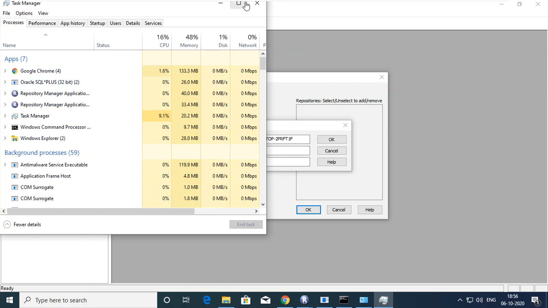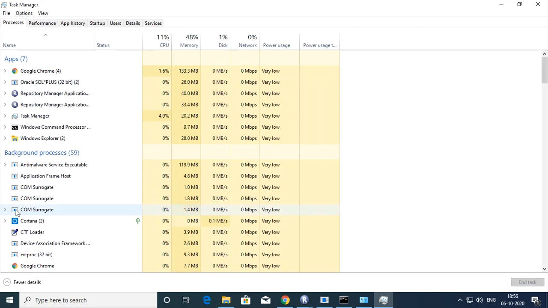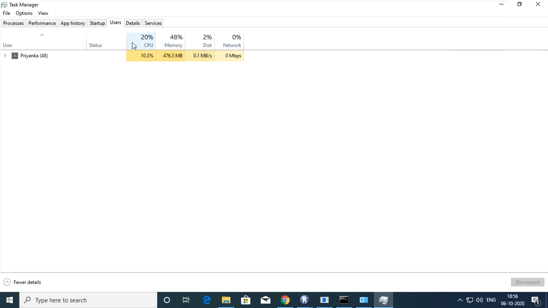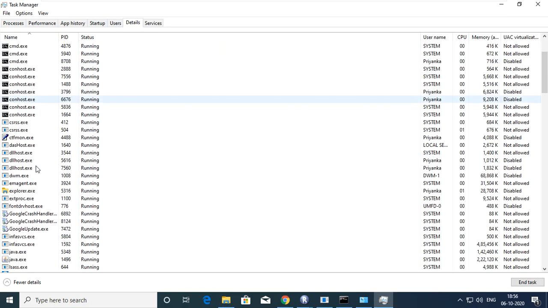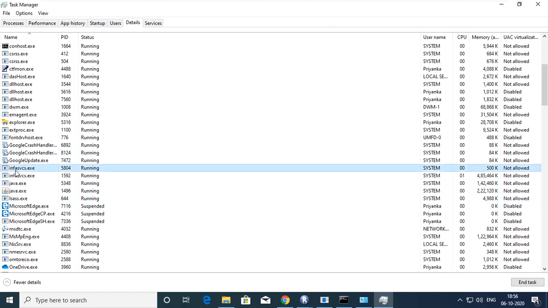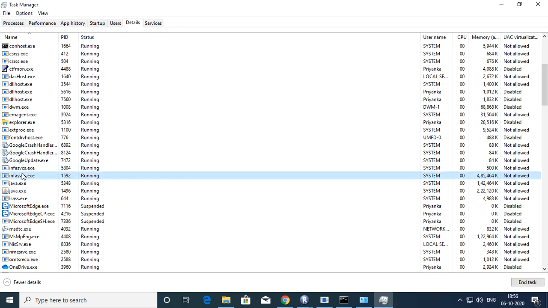And now if I check over here for the services, let's go with the details. Yeah, so here we have to check for the services which are running for Informatica. So see, this is the service name which is running for Informatica. As you can see, you have to check in your PC by this service name .exe file only. Fine. So there are two services running for Informatica.